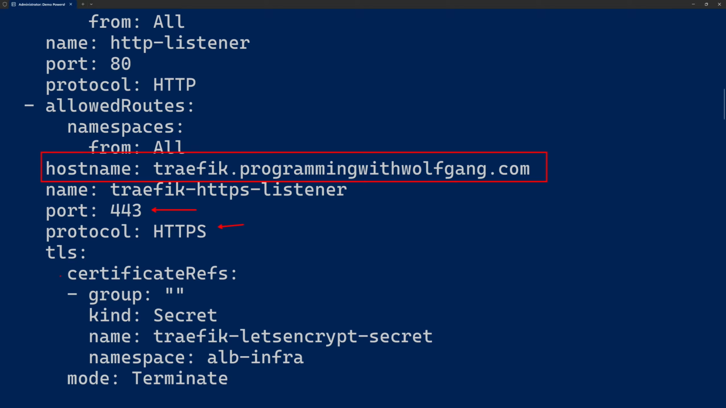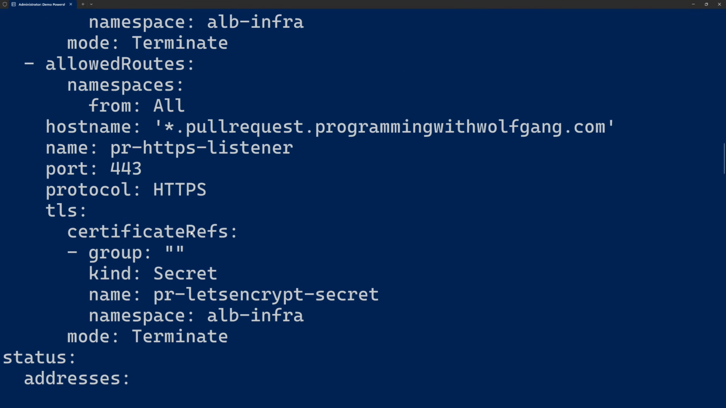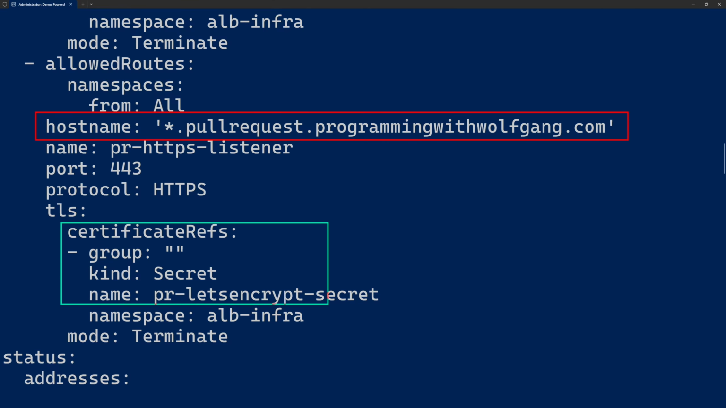We use HTTPS, and we also have a reference to the secret where the TLS certificate is stored. If we scroll further down, we have the same for Nginx, and all the way down we also have the same for a wildcard. This wildcard I used in my last video where we deployed pull requests, and we could create a unique URL per pull request, and then we reuse the certificate we have down here to create an